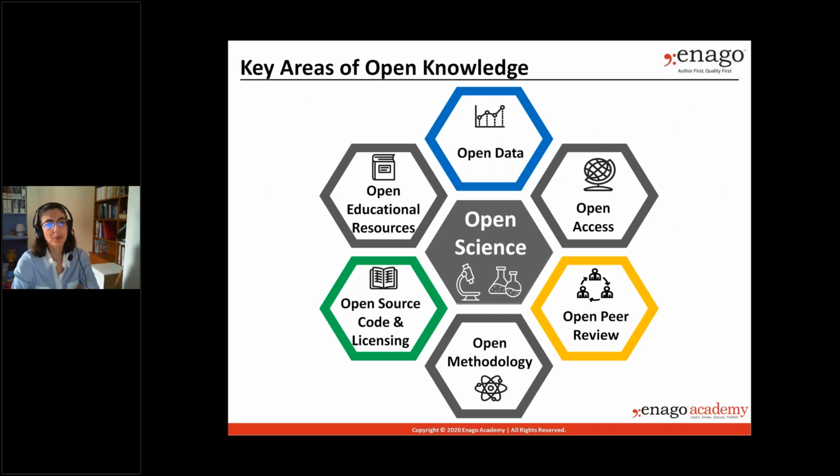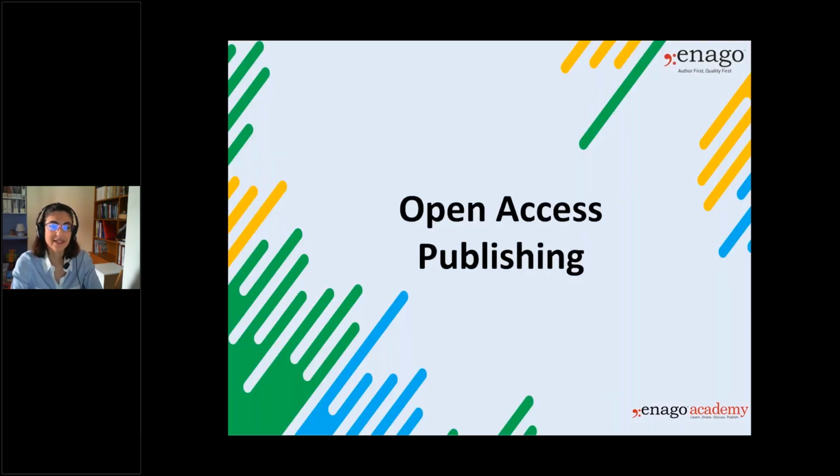When we talk about open knowledge, there's many different aspects to it. So open knowledge can be open data, open access, open peer review, open methodology, open source code and licensing, or open educational resources. Let's go into each one of these different aspects of openness and discuss their key features, advantages and limitations, and